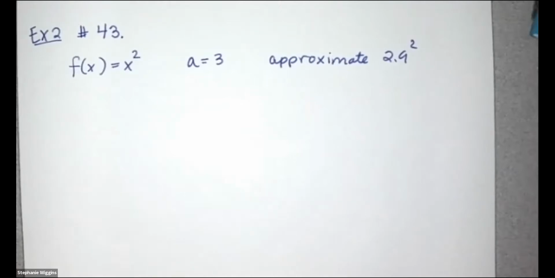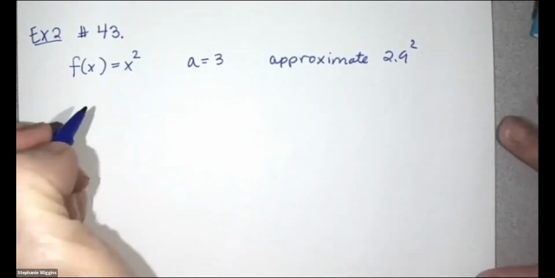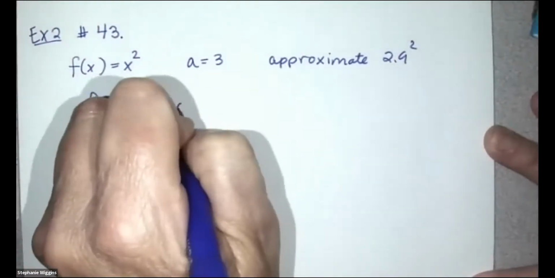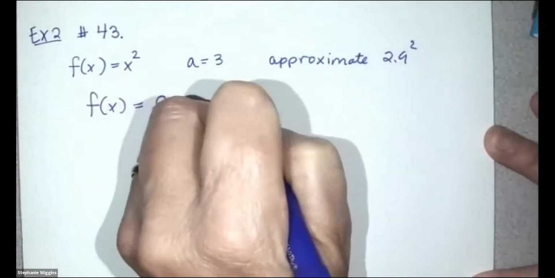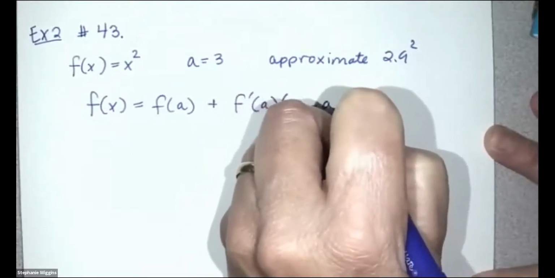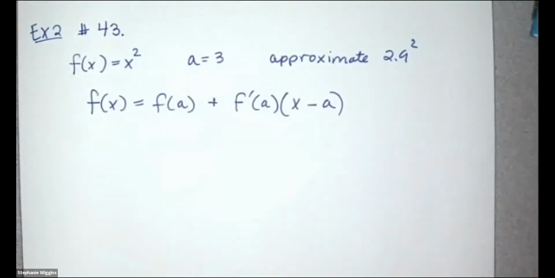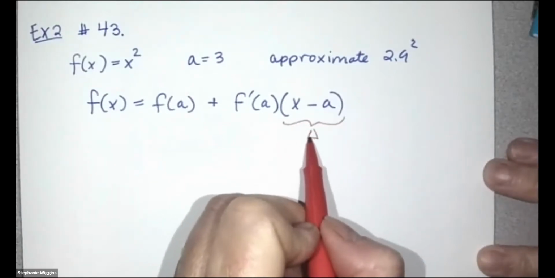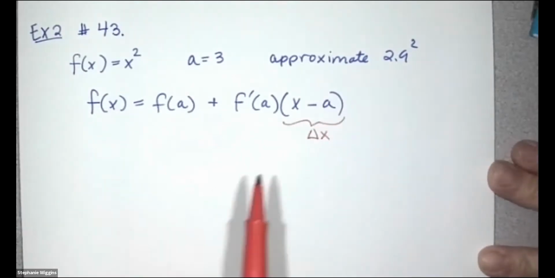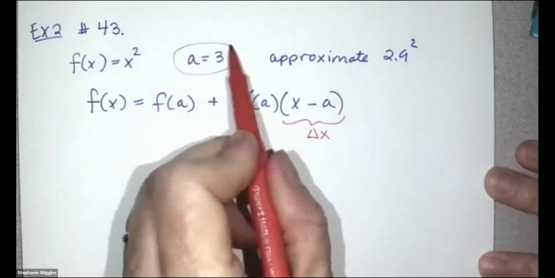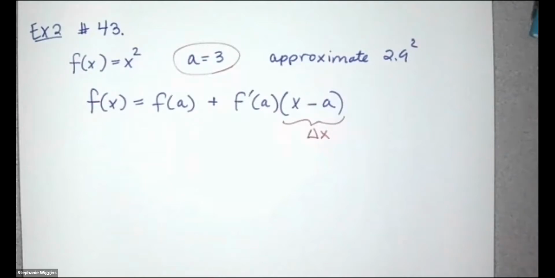All right, so the first formula that we're going to use is f of x equals f of a plus f prime of a times x minus a. And compared to the previous problem, this is the change in x. All right, and our a value is 3. Okay, so